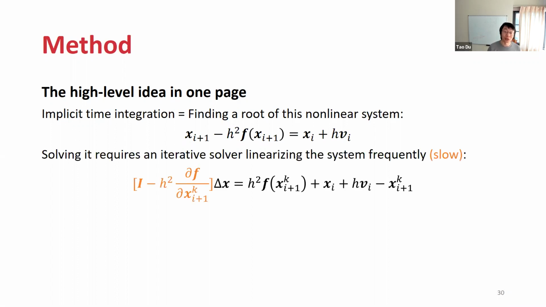This is purely a numerical problem, and a lot of very mature solvers have been developed by experts. Solving it typically requires an iterative solver that constantly linearizes the system within each time step. And this is a source of the inefficiency